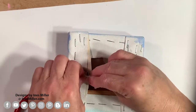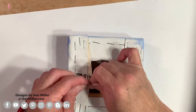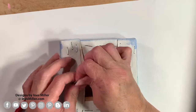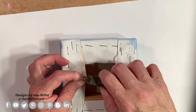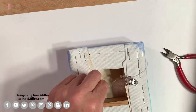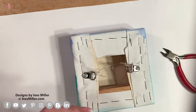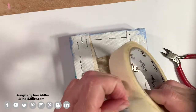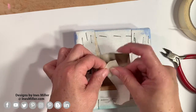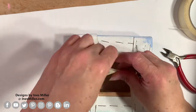Okay, so now I get the pliers, trying to tie them down as much as I can without breaking the rope. You have to be careful. And put in the Scotch tape. One side, and now one with the other, and they're overlapping because the space is so small, so reduced,